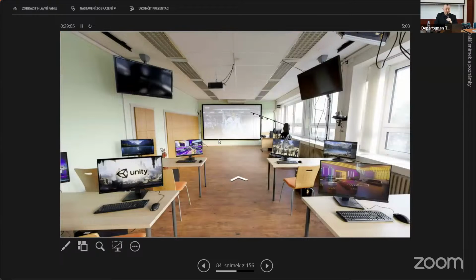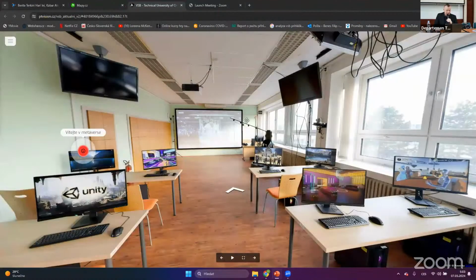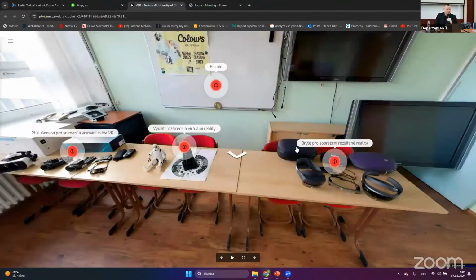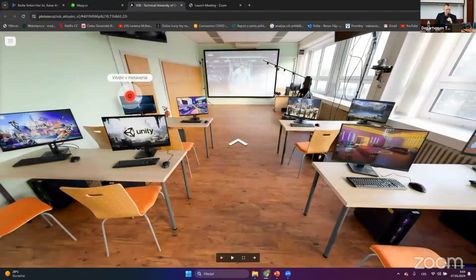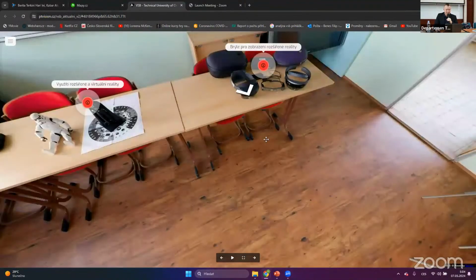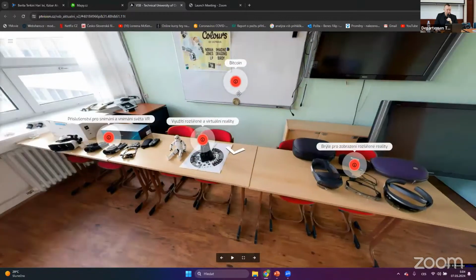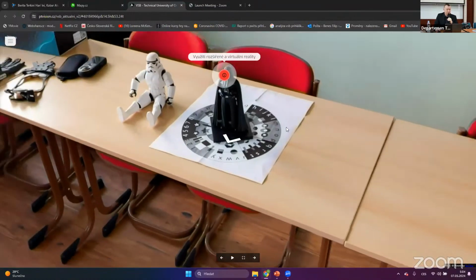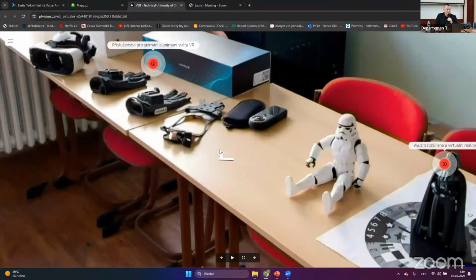Yeah, this is actually how my Ostrava laboratory looks. I will try to show you. This is the photogrammetry of my laboratory where I teach my students. I've got these devices for them, let's say for augmented reality. Then we are doing some 3D scanning with this device. We also have gloves for virtual reality and